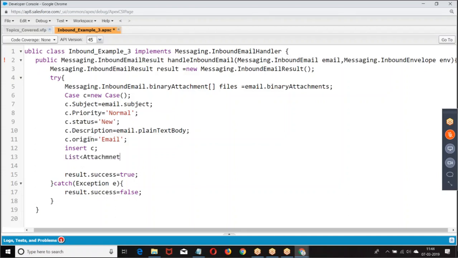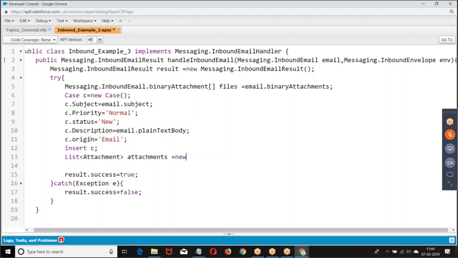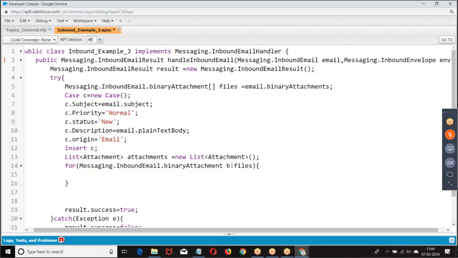List of attachments, then we have the c binary attachment, then email inbound binaryAttachments.